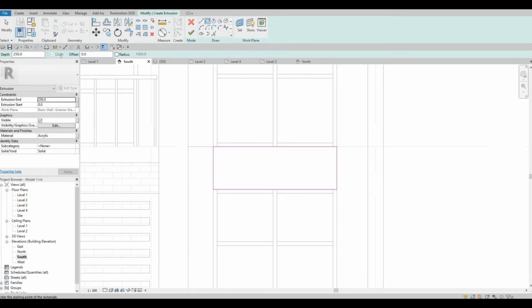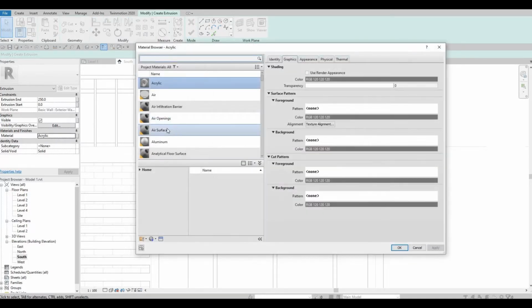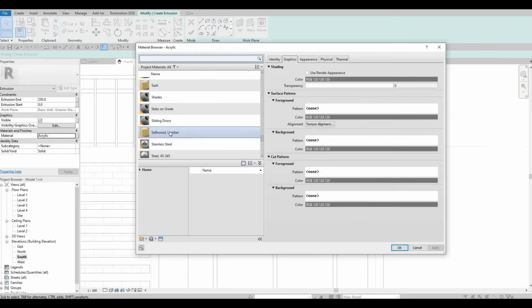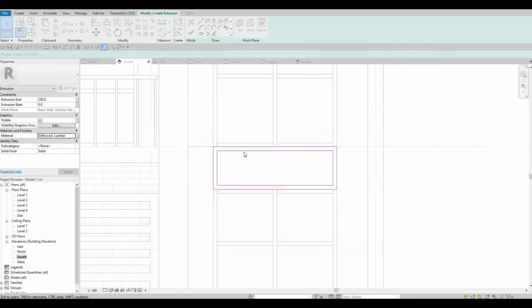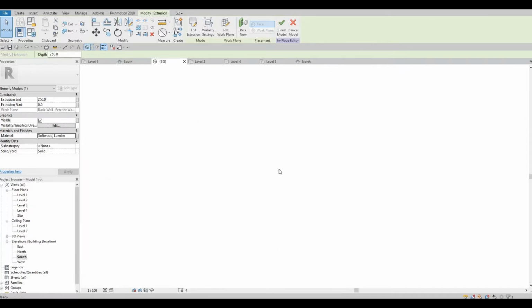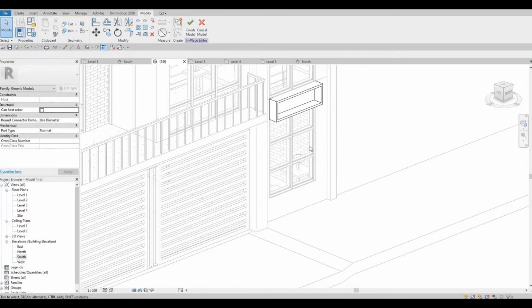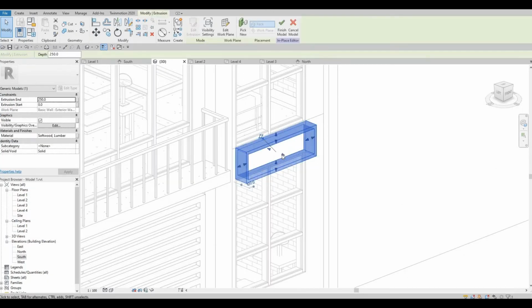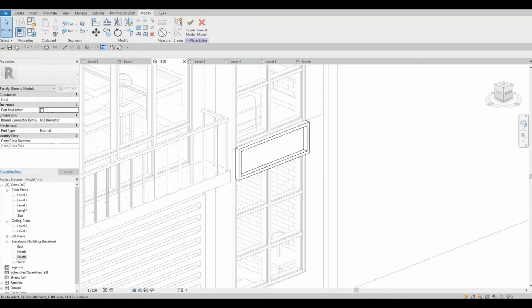And then another one with an offset of 50. I want it from the inside. So something like that. And then click or change the materials first. So I'm gonna soft lumber and click finish, and then let's look at it, the 3D. So something like that,